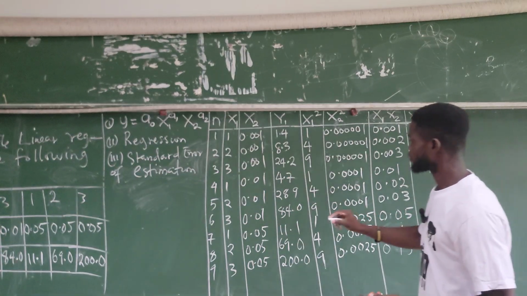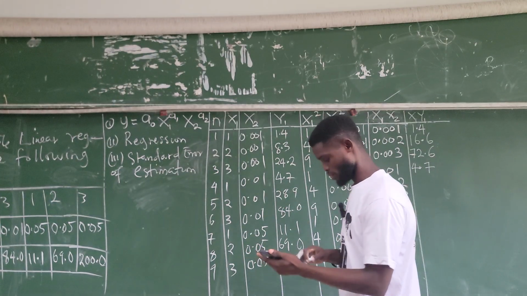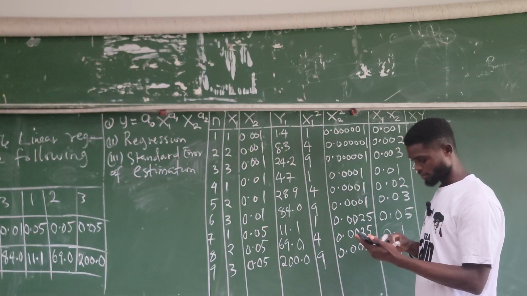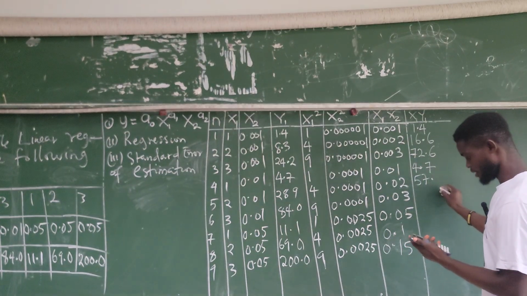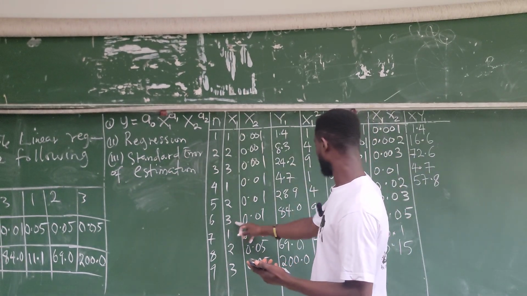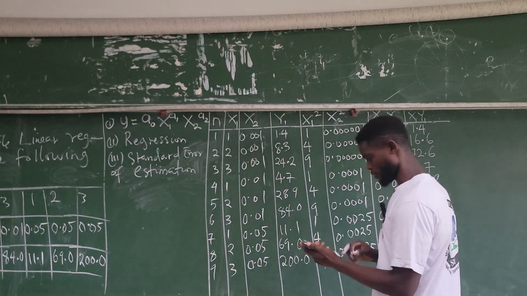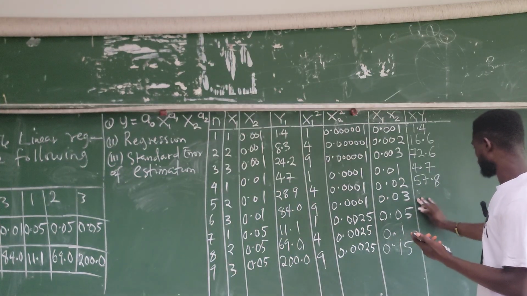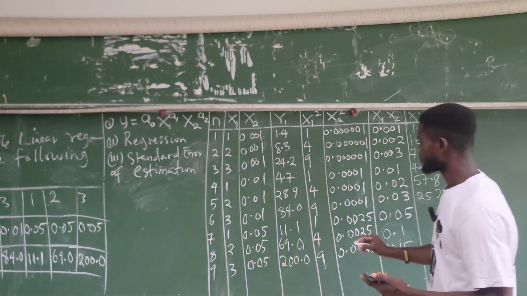We also have 2 times 28.9. That will give us 57.8. So we also have 3 times 84.0. That will give us 252. So we have